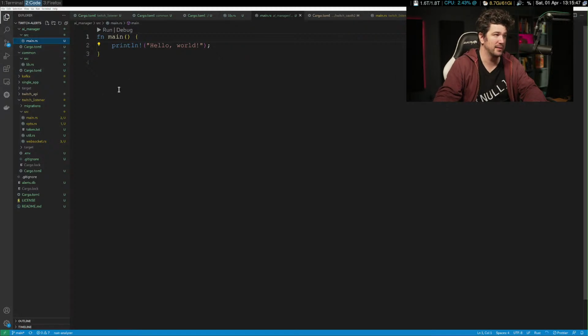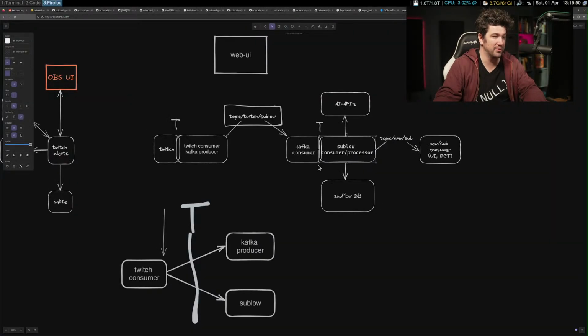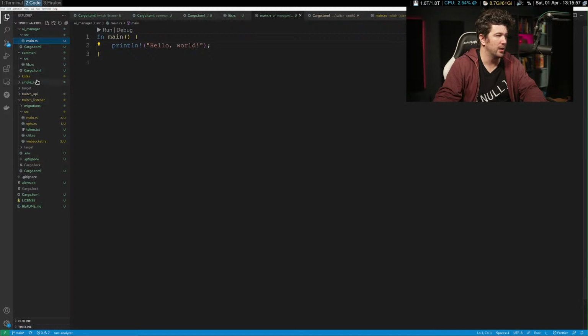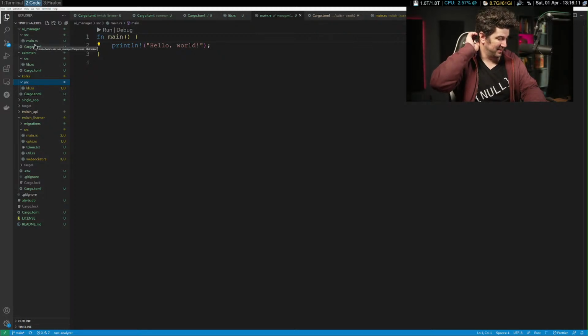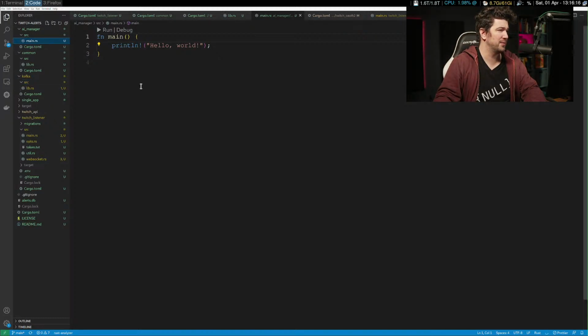It should have a main because the AI manager can run as its own thing with the Kafka consumer in it. So we need a Kafka consumer and producer, and that have this interface. How are we going to write this one? If this runs by itself, we basically need to start it up and give it